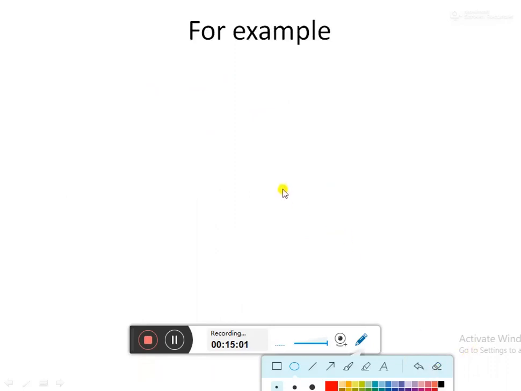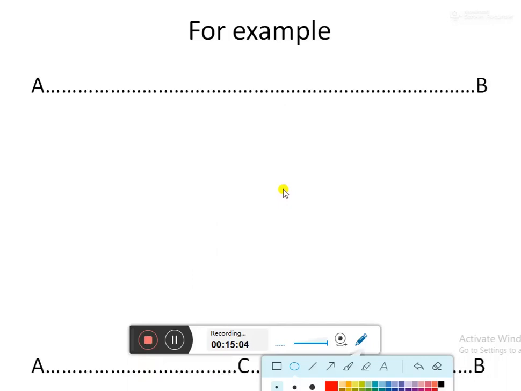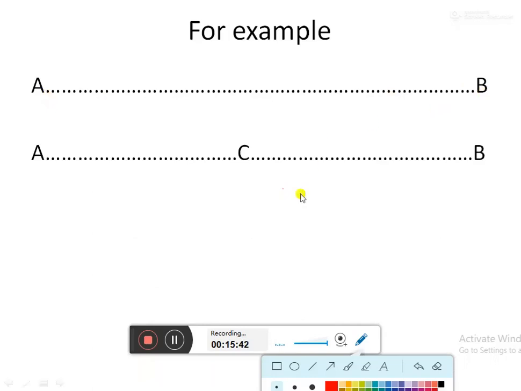Like, if there are 2 points, point A and point B, and we want to draw a line that represents the minimum distance between point A and point B. So how can we draw the line that represents the minimum distance between A and B? It is very simple. We can start from point A and draw a line to point B that represents the shortest distance between point A and B. And now suppose there is another point C,